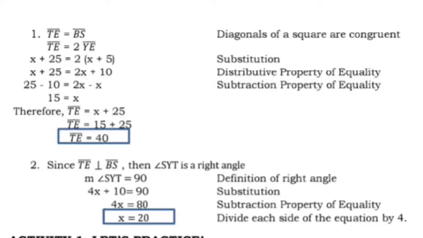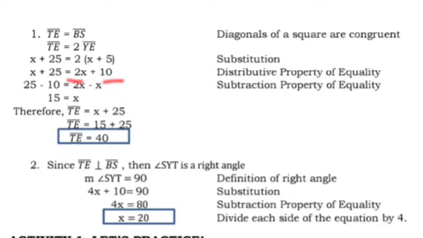Now, TE is equal to twice YE. Therefore, in our next solution, we can say that TE, we can substitute that one with x plus 25. And we can have BS as twice of the measurement of YE, which is 2 times the quantity of x plus 5. Then, solving this one, twice x plus 5, so 2 times x is 2x. Then, 2 times 5 is 10. So, we are going to have 2x plus 10. Then, combining like terms,